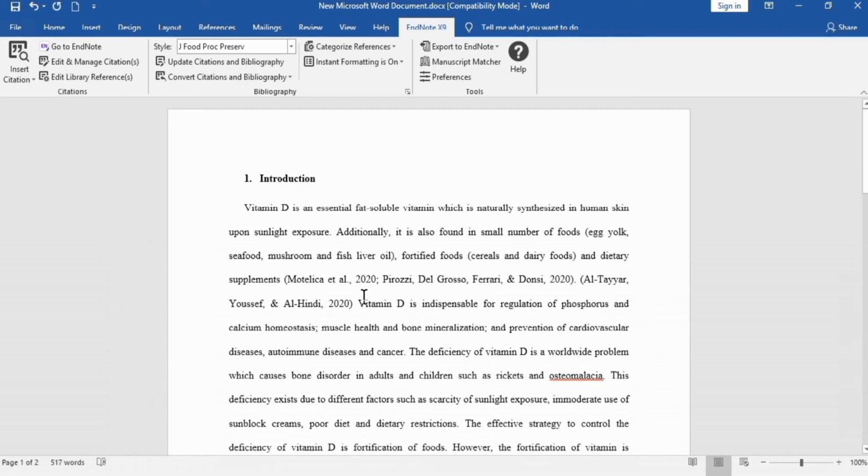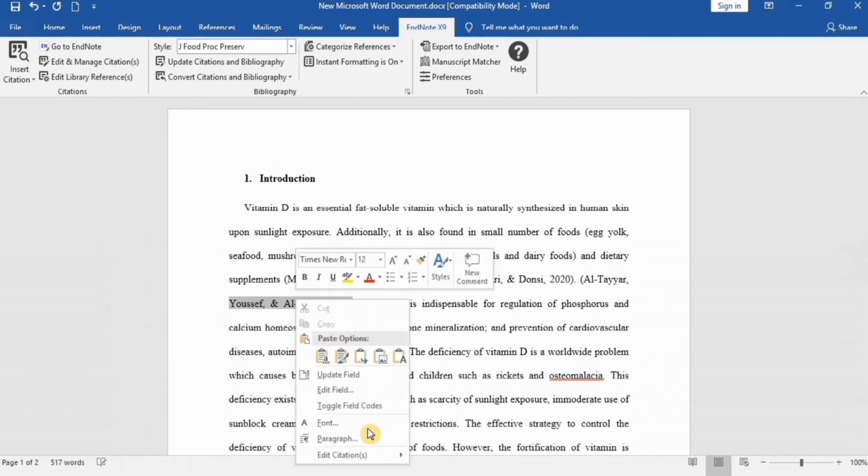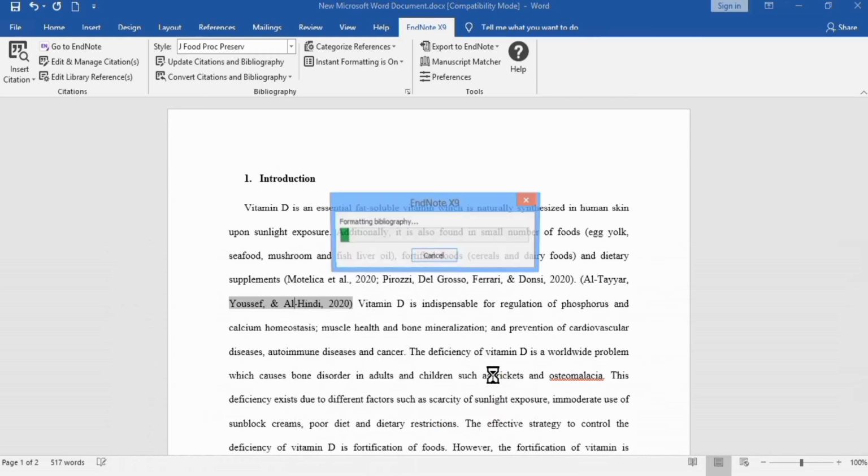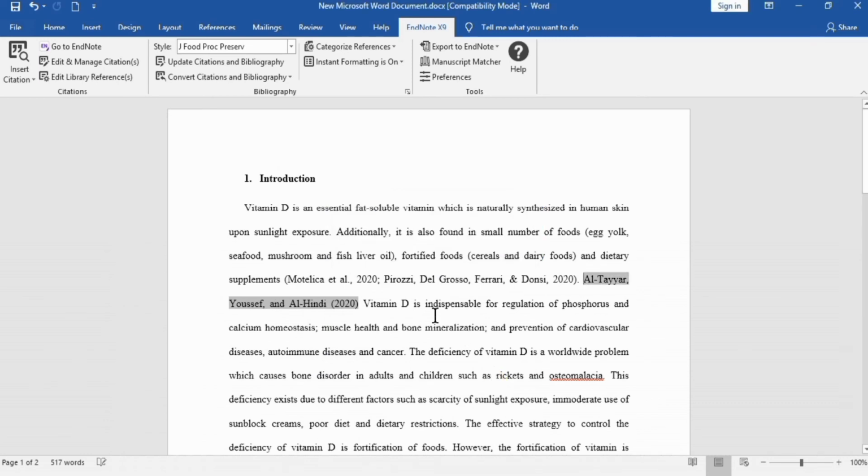Now I want that only year appeared in bracket. Select this reference, right click, go to edit citation, and here you find the option display as author year. You can see here our citations appeared according to our requirement. Year is in bracket and author is without bracket.